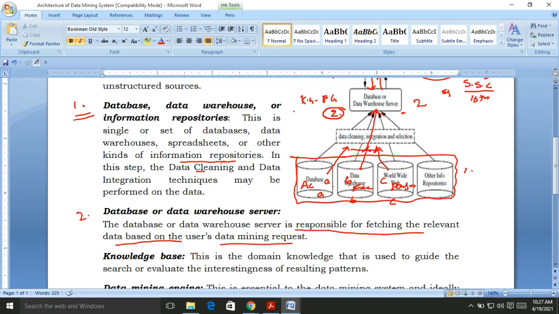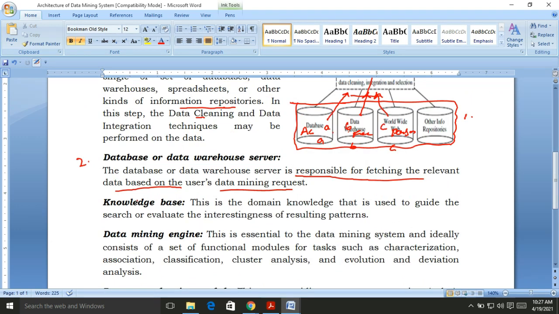The third one is the knowledge base. What does the knowledge base consist of? Our wish, what kind of data is to be mined. This is the domain knowledge, the base knowledge. It is used to guide the search or evaluate the interesting resulting patterns, that is, what kind of results we are going to extract from the integrated data.